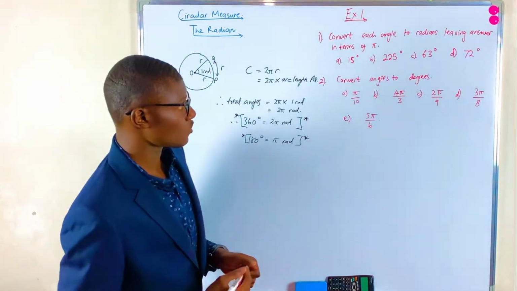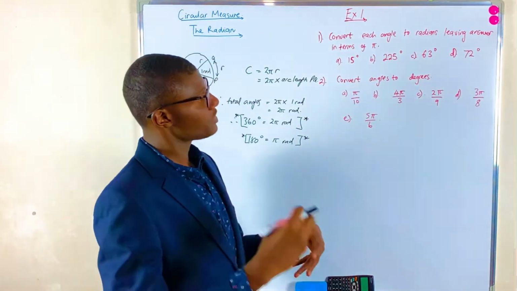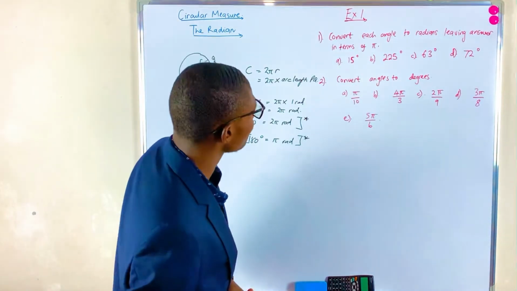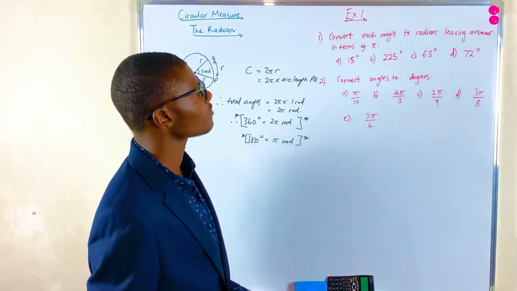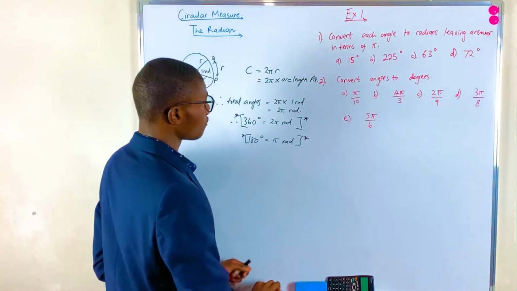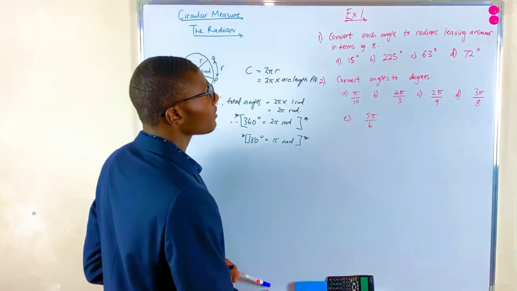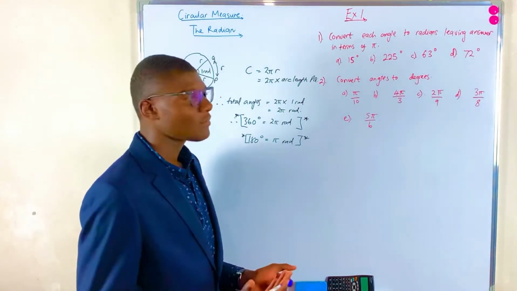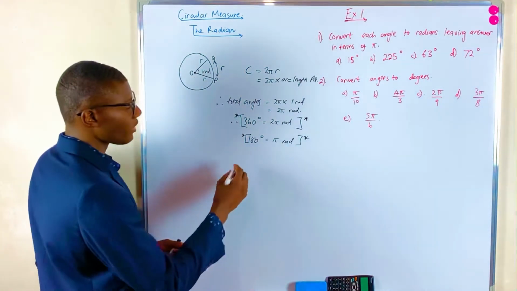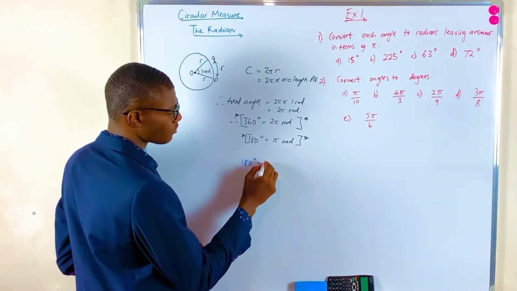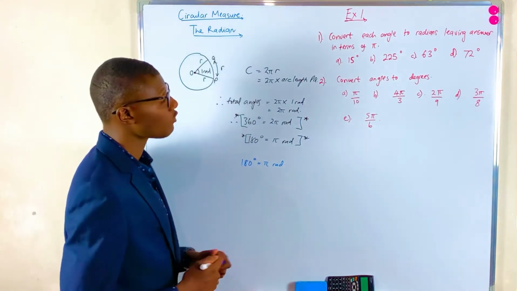Now let's attempt those questions that require us to carry out some conversions from radians to degrees and from degrees to radians. So number 1 says convert each angle to radians, leaving answer in terms of pi. So 15 degrees. First of all, let's see if we can figure out a way of coming up with a general form that we can use to simply convert from degrees to radians. So if 180 degrees is equal to pi radians, rad being the short form for radians,